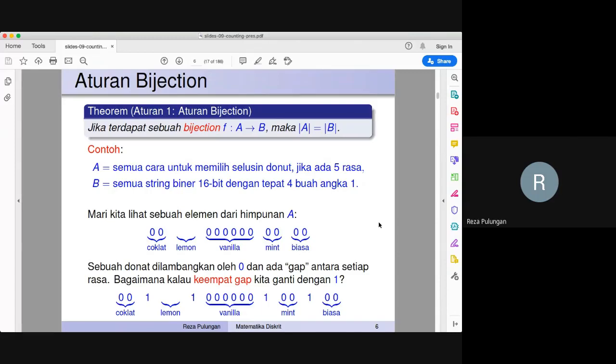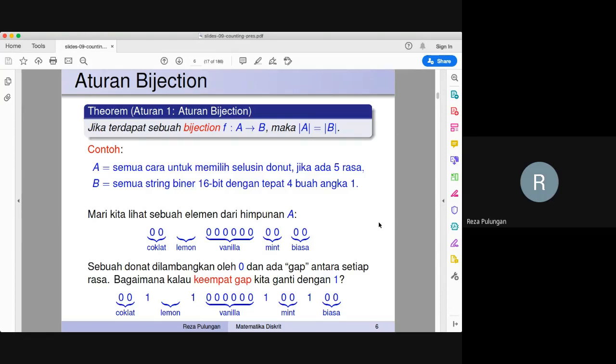So what have I just done? What I just did is create a bijection. I just created a function. This function, of course, is not a straightforward function. It is quite complicated, but you have the idea of this function.